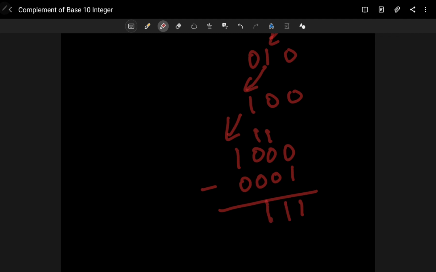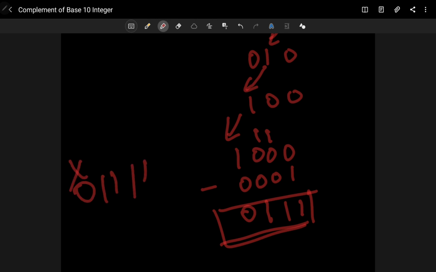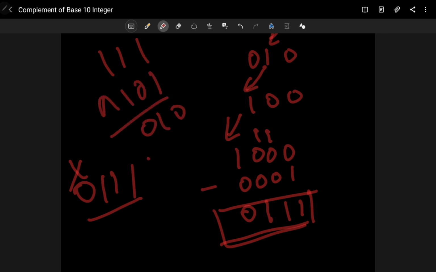Again it will be 1 with carry 1, again 1 with carry 1, and in the last position 1 minus 1 is 0. This gives us the expected answer, 0 1 1. We can ignore the left side 0, so it will look like this, triple 1. Now we can easily do the XOR of this and it will give us the expected answer. So this is the approach we can follow.